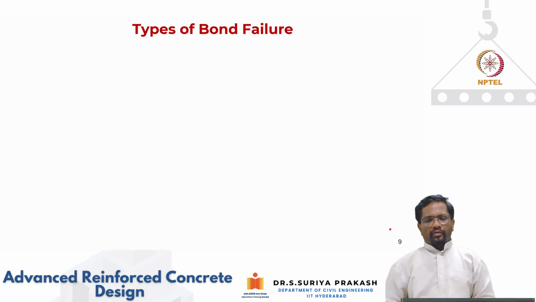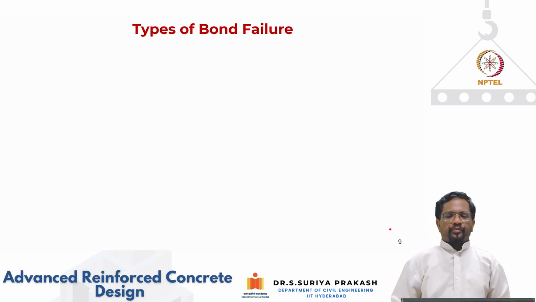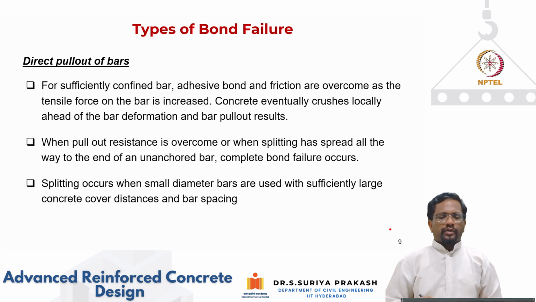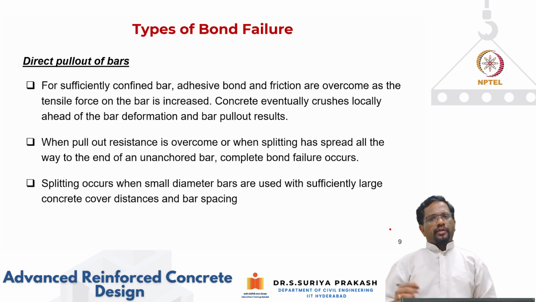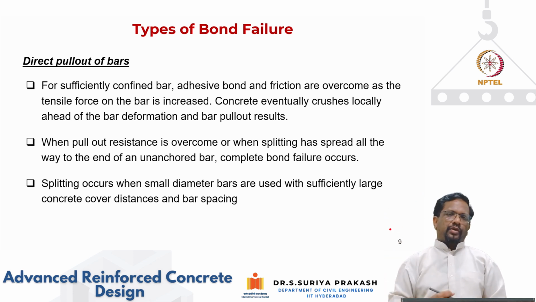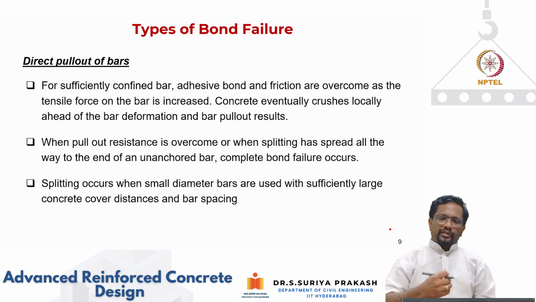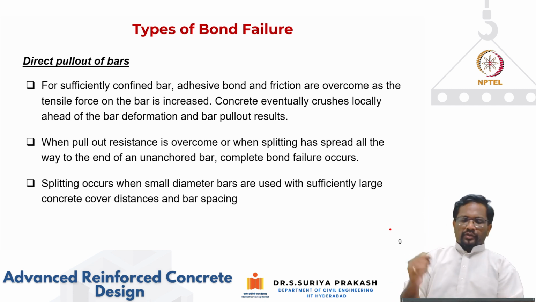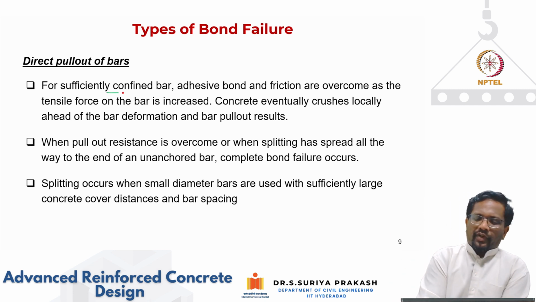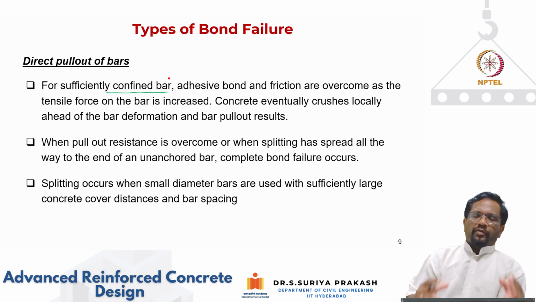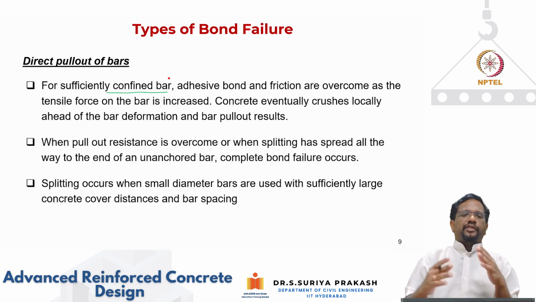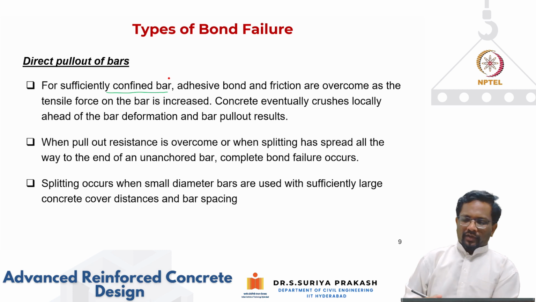So let us look at now what are the different types of bond failure. And we can have direct pull-out: the bar can pull out if the bond bearing mechanism is not adequate, or if you're using a very smooth bar and your embedment length in the concrete is very small, then when you pull on the bar, the bar can just directly come out of the concrete. However, for a sufficiently confined bar, that means you have adequate bearing, and if you have some transverse reinforcement that is going to confine the concrete, then